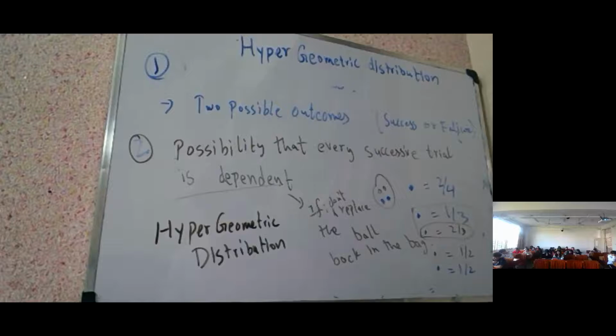That is, we don't replace the blue ball. So in the successive trial, the probability is 1 by 3. That's how the probability depends on the previous trial. Now you understood the hypergeometric distribution. Let's talk more on